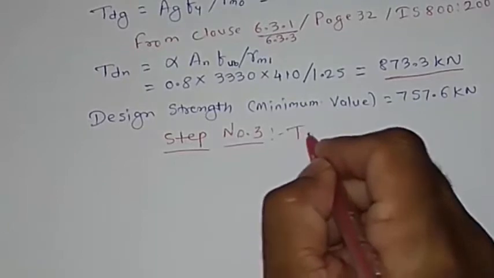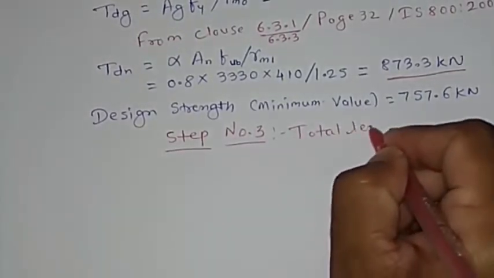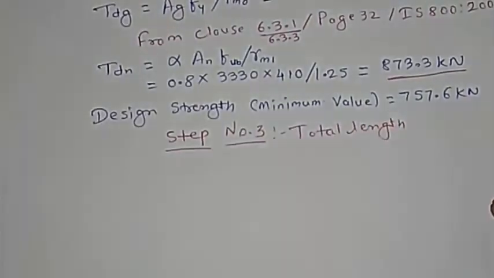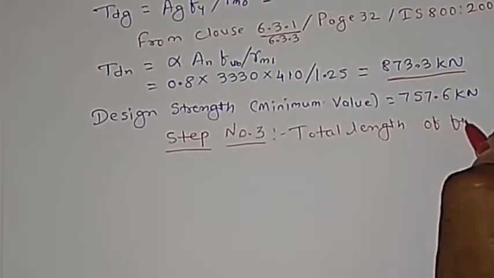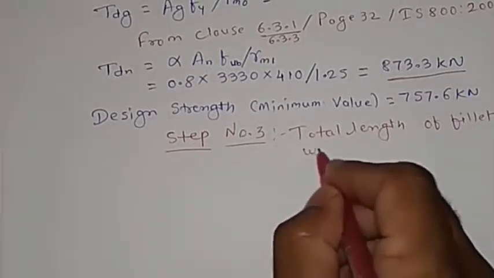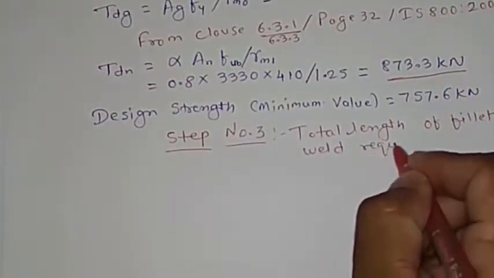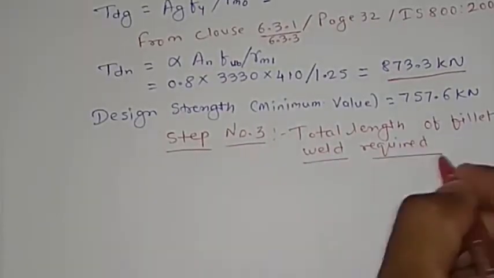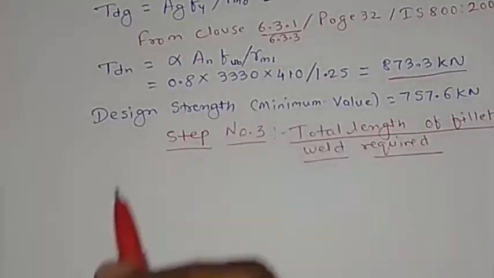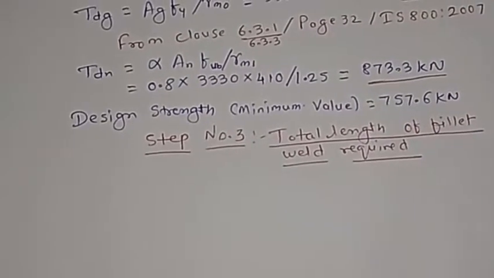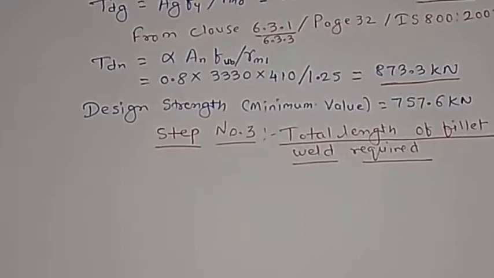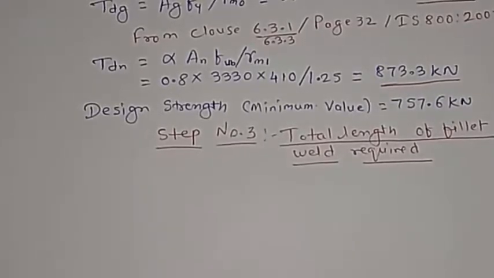So total length of fillet weld required. So how much length will be required to connect with the gusset plate as well as with the channel, and this is what we'll need to first of all calculate. So we'll be going through